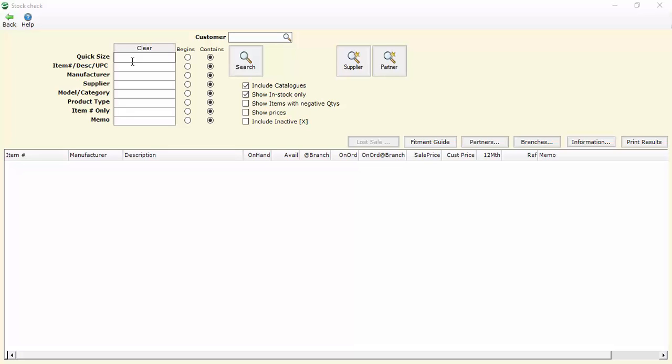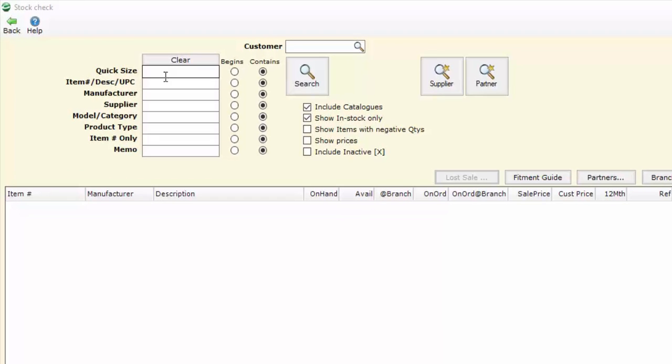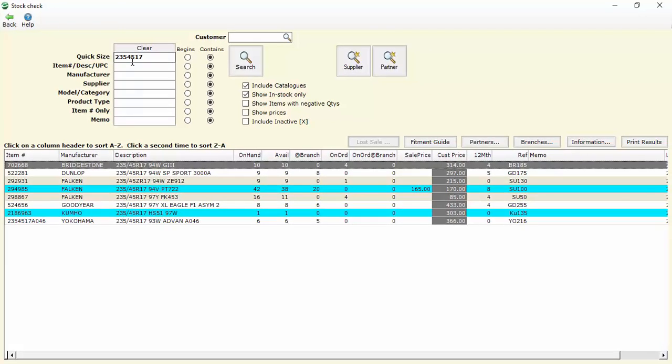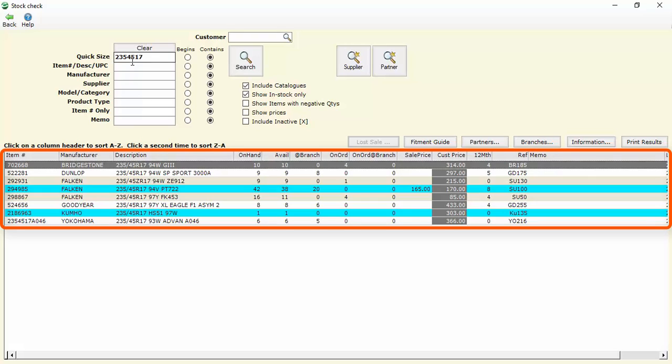So if we're looking for tyres, the easiest way to narrow that down is to type in our quick size, and purely the tyre size. In this instance, we're going to type in 235 45 17, and there's no dashes, no dots, no hyphens or anything along those lines. And then when we press enter or click on the search,